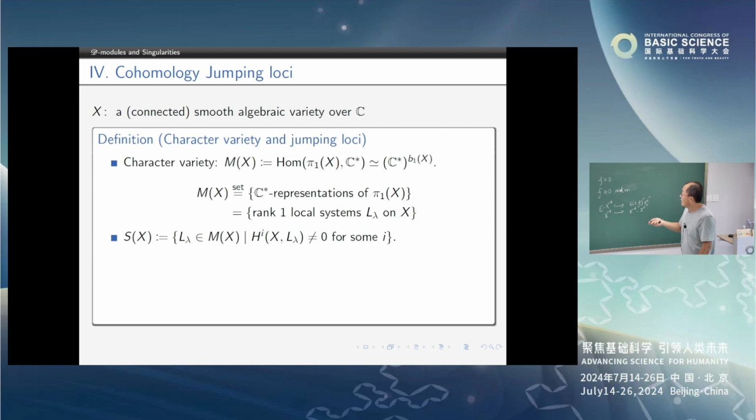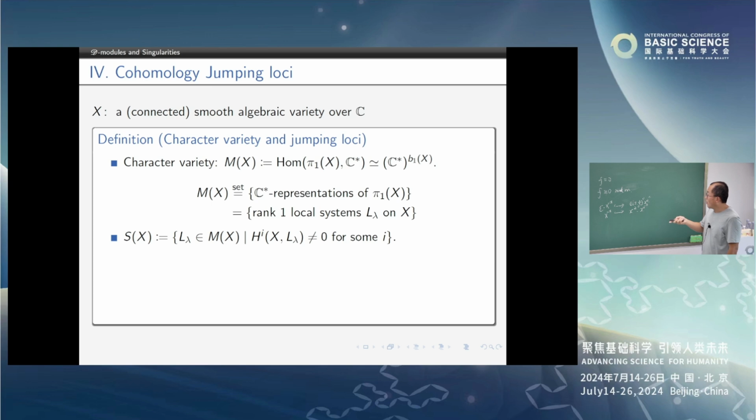And then M_X has some moduli interpretation. It parameterizes C star representations of pi_1(X). By the Riemann-Hilbert correspondence, every representation of pi_1 is just a local system. So M_X parameterizes those local systems. And then we can define inside M_X this cohomology jump locus